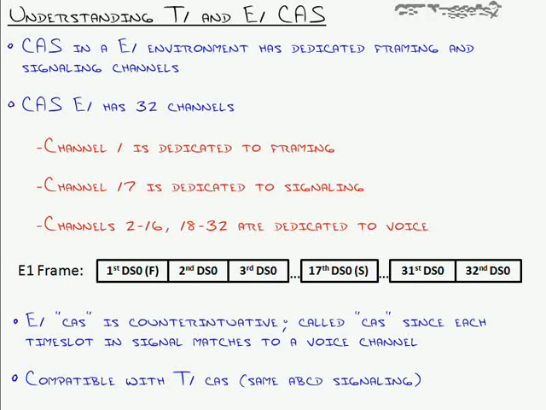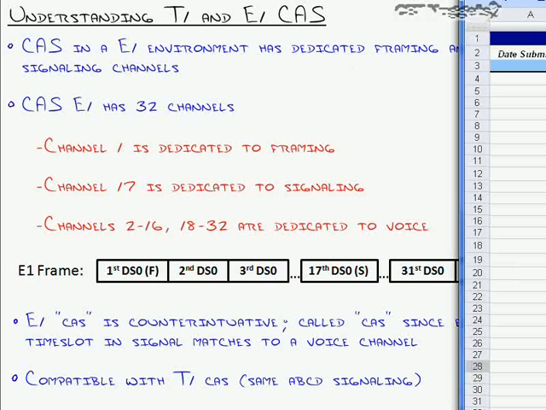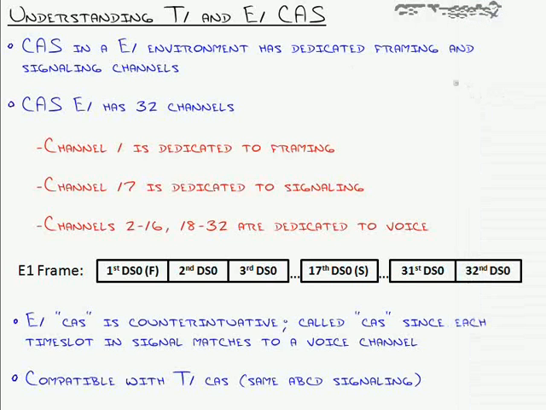E1 CAS, I almost say there's no such thing. There is, but when I think of E1 CAS, I don't really think of any benefits. Like in T1, the reason robbed bit signaling is so great is because I now have 24 DS0s. Each one of those conversations, I can use every single one of those 24 DS0s for voice. I don't have to dedicate one of those channels and say, that is my signaling channel, I can't use it for voice. I just rob a bit out of every sixth frame and put them all together, and that can help me regenerate the signaling.